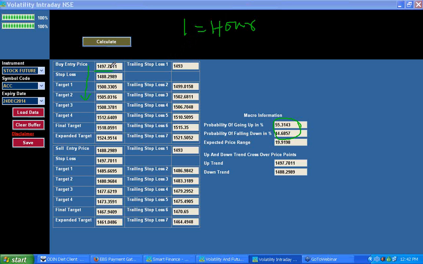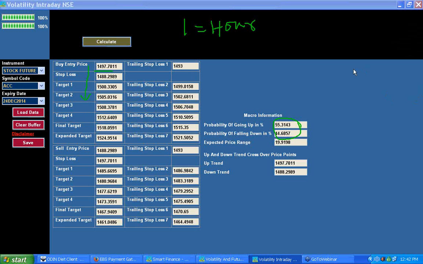However, if these levels don't come within 1 hour, then you need to recalculate and take the positions accordingly. So this is how you should do the intraday volatility trade, or intraday trade using volatility